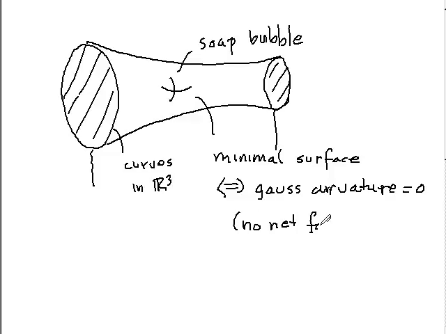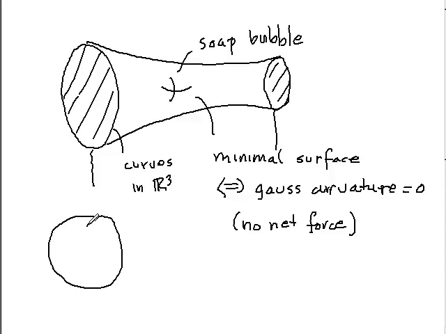So there's no net force. Actually, there is a force, but the force of surface tension is being balanced out by other forces on the surface. Because if a surface is not moving, the net force obviously has to be 0, which says the Gauss curvature is 0. Okay. Now, the other thing you might think of as a minimal surface, which is the surface of a sphere,